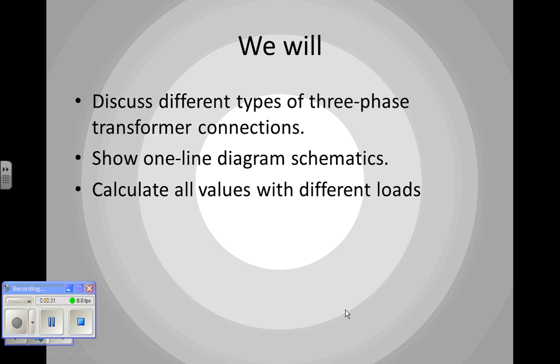You already know the connections, though, from the three-phase circuit chapter. We're going to show some one-line diagrams, schematics, in other words, some single-line diagrams. We're going to calculate values with different loads and different kinds of loads, delta and Y loads. And we're even going to discuss, possibly, if I can remember that long, a three-phase load